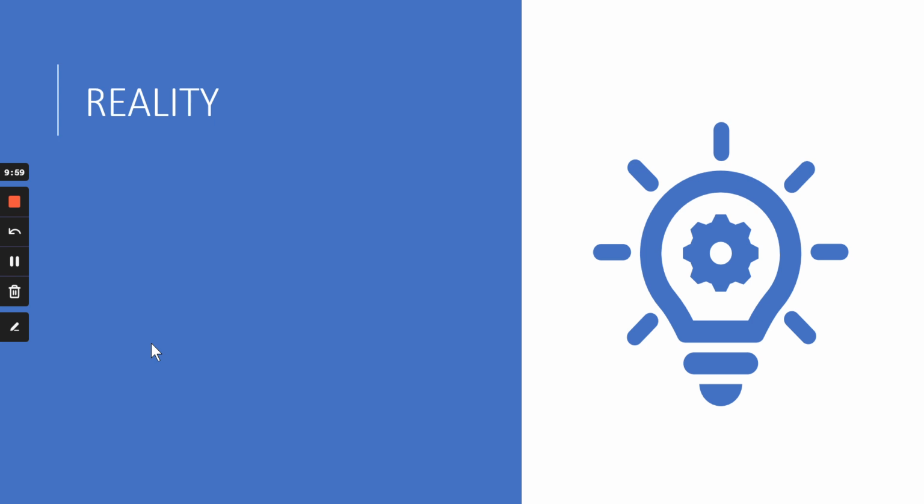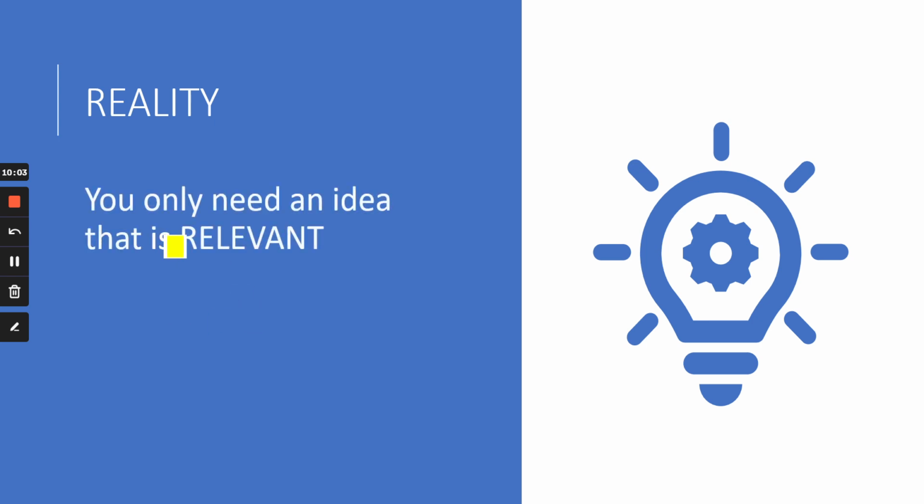Okay, so now what is the reality? I've told you those three are myths. In reality, examiners want an idea that is only relevant. You do not get an extra mark for having a best idea or entertaining idea or interesting idea, but you certainly get an extra mark for the idea that is relevant to the topic. Again, I'm repeating, listen closely. You do not get an extra mark for ideas that are best, entertaining or interesting, but you do get an extra mark if your ideas are relevant to the topic. All right, so focus on relevancy rather than the best, interesting and entertaining.